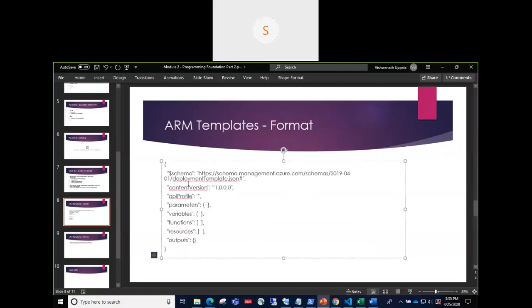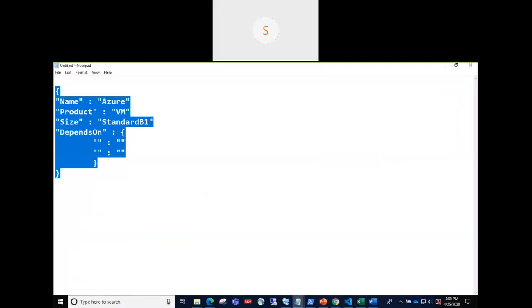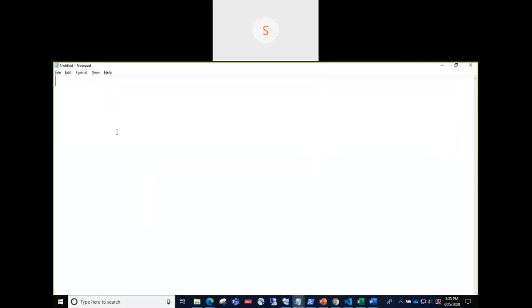Okay, so again, don't get too intimidated by these ARM templates, the complex structure that we have seen for virtual machines. It's pretty simple if you understand the basics. I already went through this in my last couple of sessions in the PowerShell module. To learn Azure, there is a very simple way. Let's say we are trying to provision a VM using an ARM template. What all things go into the VM?